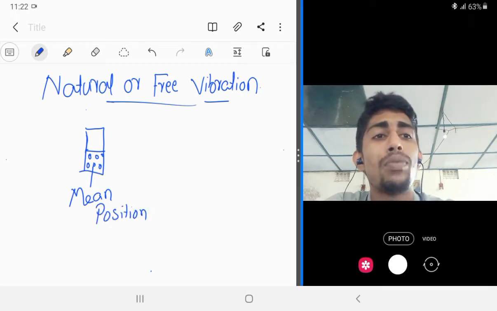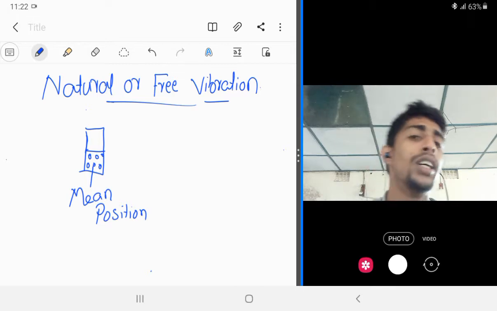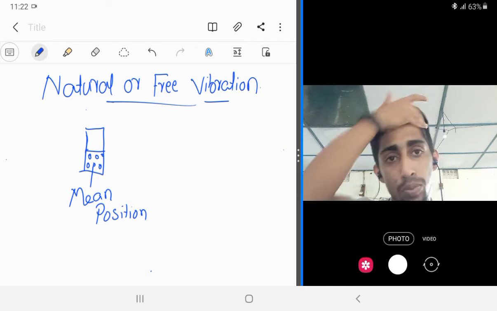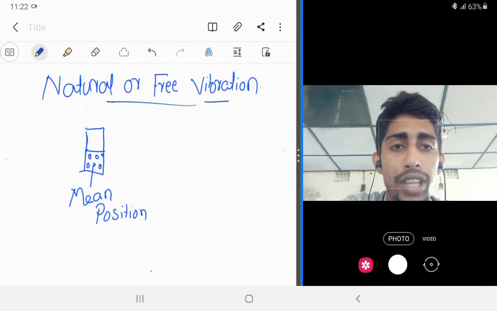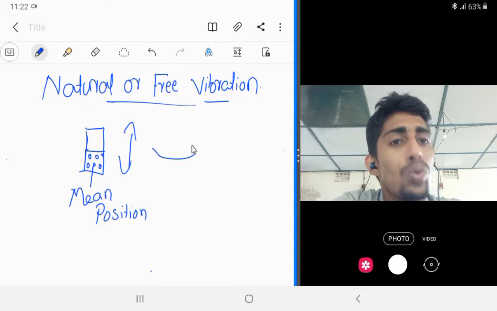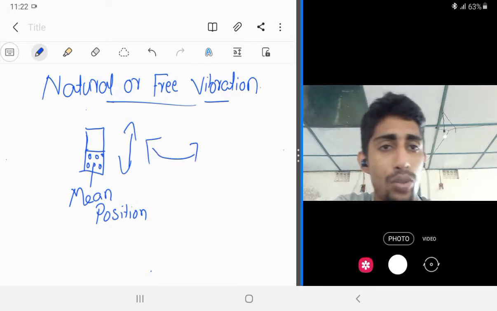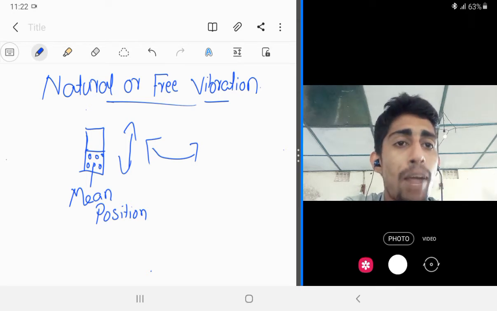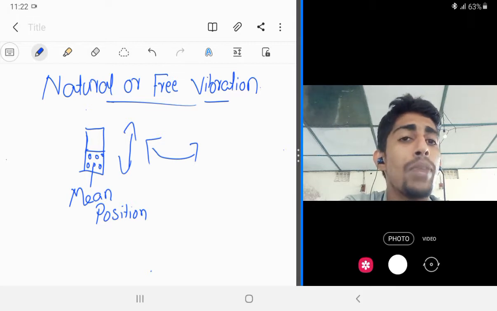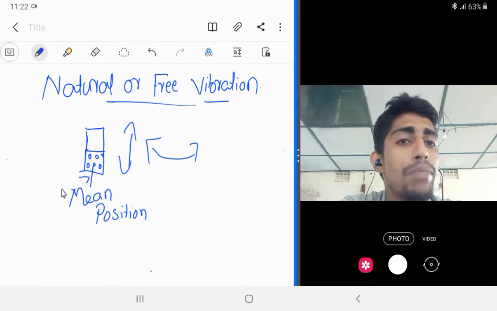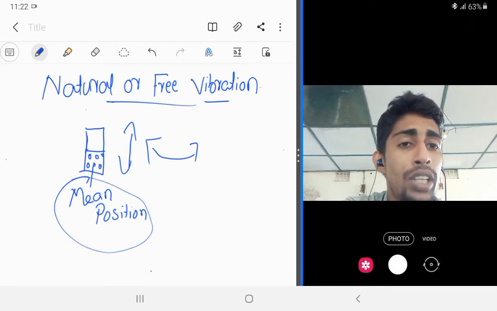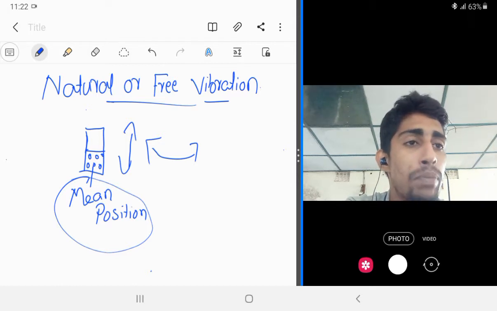So when the phone rings, the object will get some amount of energy and it will start to move from its original position. It may be up and down or in a to and fro direction. So two types of vibration would be there, up and down or to and fro. The movement of the object from its mean position when it gets sufficient energy or disturbance is called vibration.